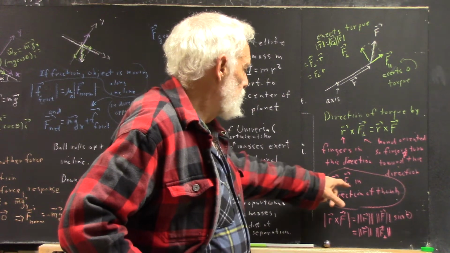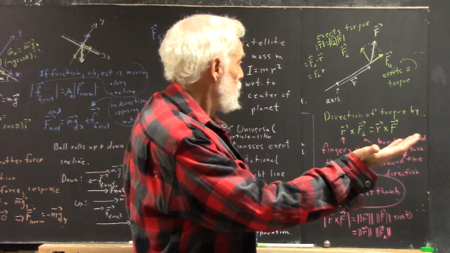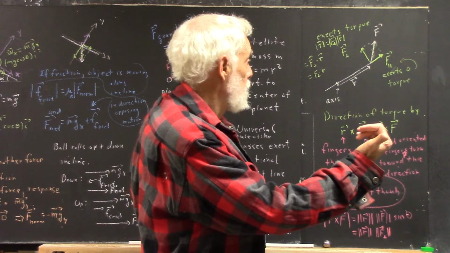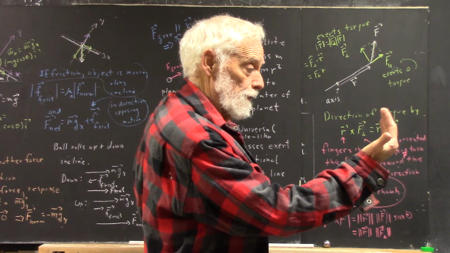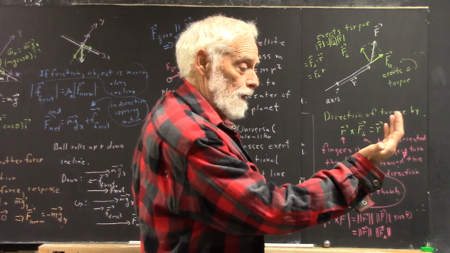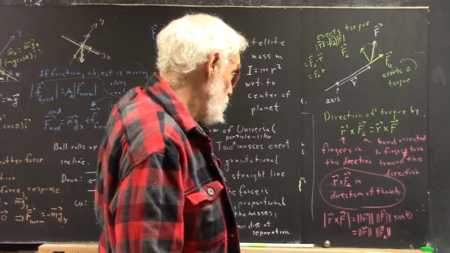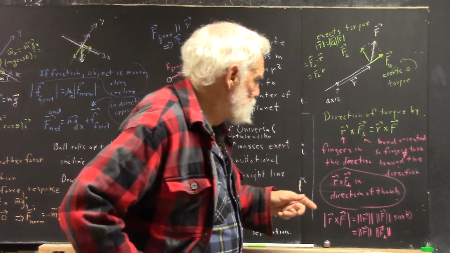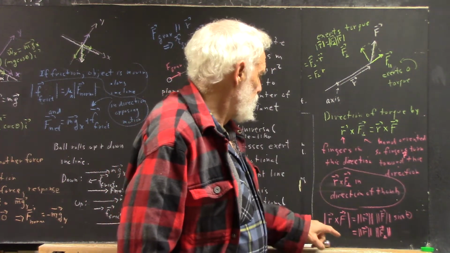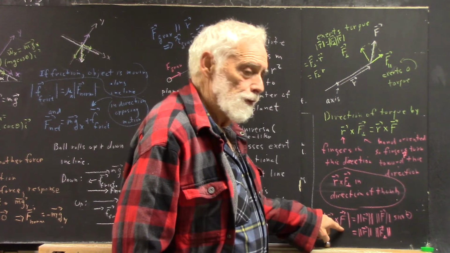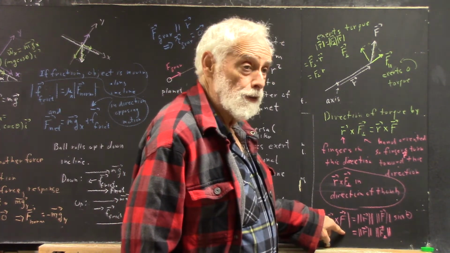So the R cross F doesn't matter if I'm turning F toward R, or F perpendicular toward R. F is out here, F perpendicular is here, but in either case, the fingers have to move this way, giving us a torque out of the board. So that's the direction. R cross F, the cross product of two vectors, then has the direction that you get